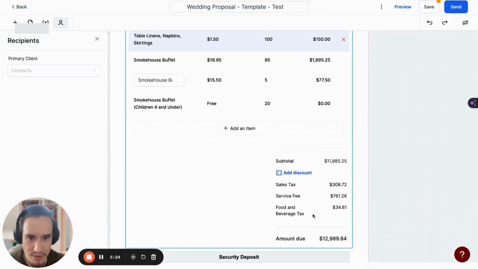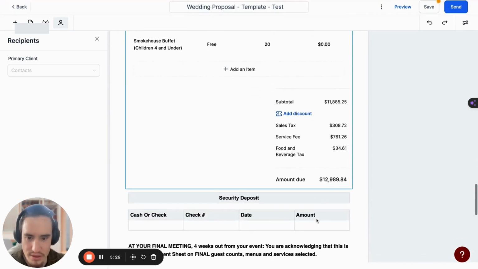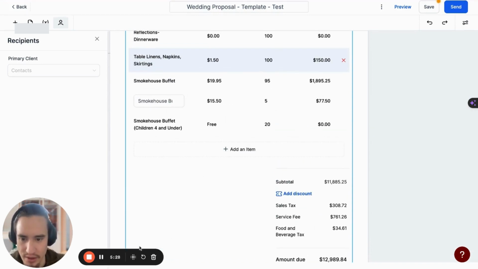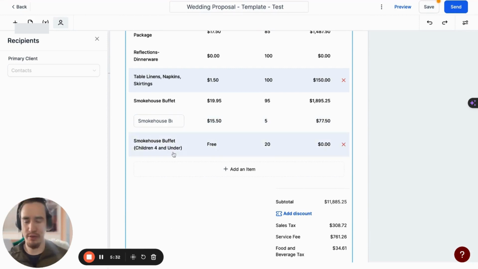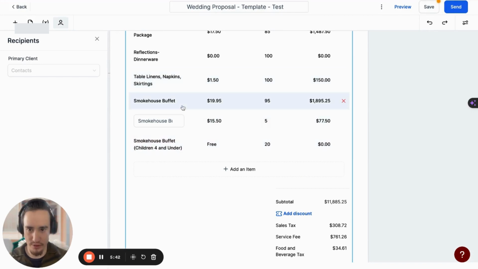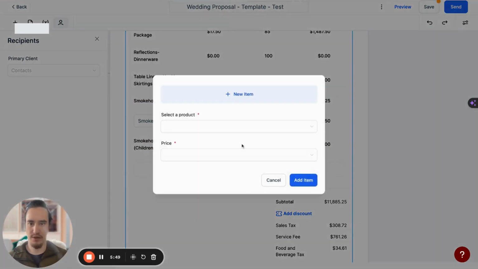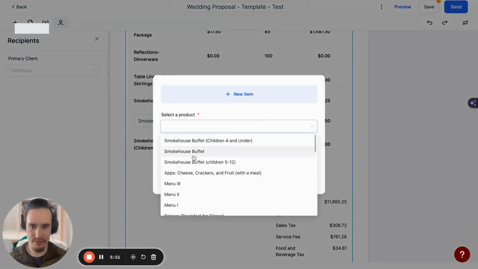And so then that will tally everything up for you. And then alternatively, the other way you could do this, the best way to do it so that it actually shows the title of the item you want or the different variation, is to just create a new product like I showed you. But if you do ever want to add a new price, say for Smokehouse Buffet, if you wanted to add a new price for Smokehouse Buffet,